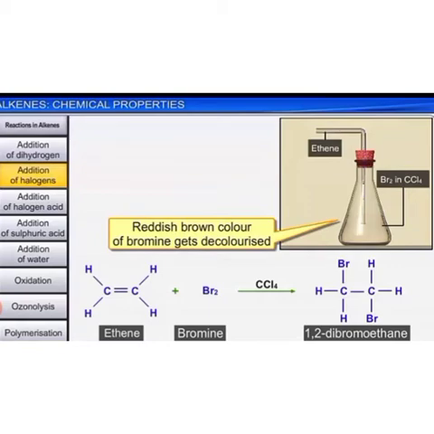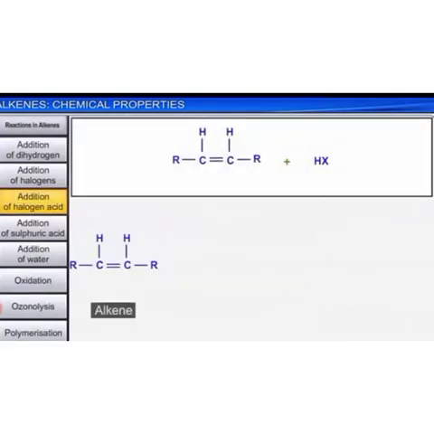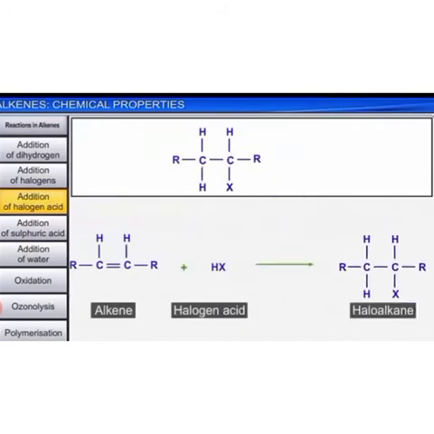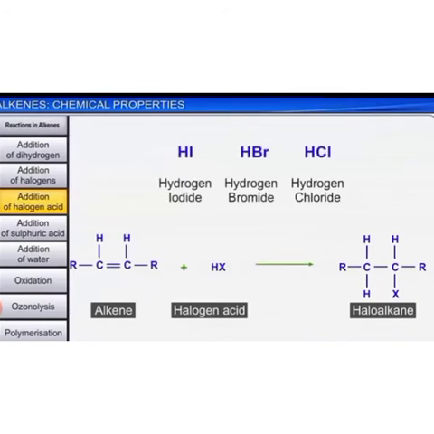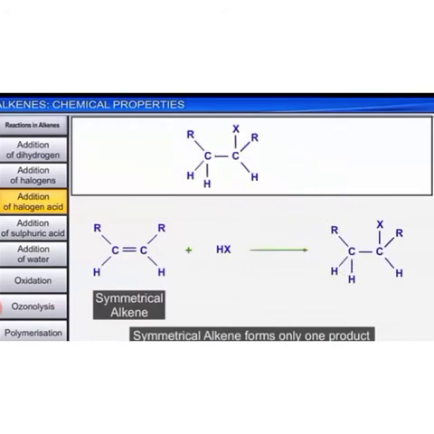Let us now look at the addition of halogen acid. Alkenes react with halogen acids to form haloalkanes. In the reaction with alkenes, hydrogen iodide is more reactive than hydrogen bromide, which is more reactive than hydrogen chloride. In the case of symmetrical alkenes, only one product is formed. For example, ethene on reaction with hydrogen bromide gives bromoethane,